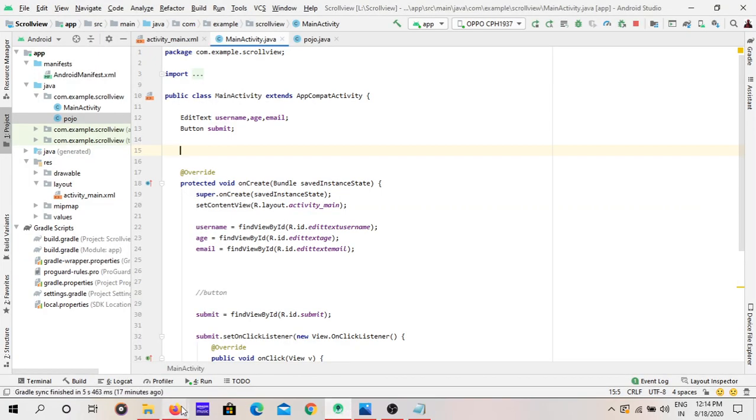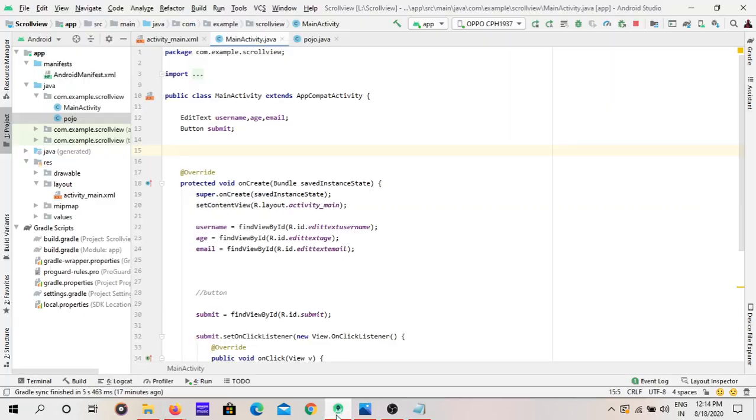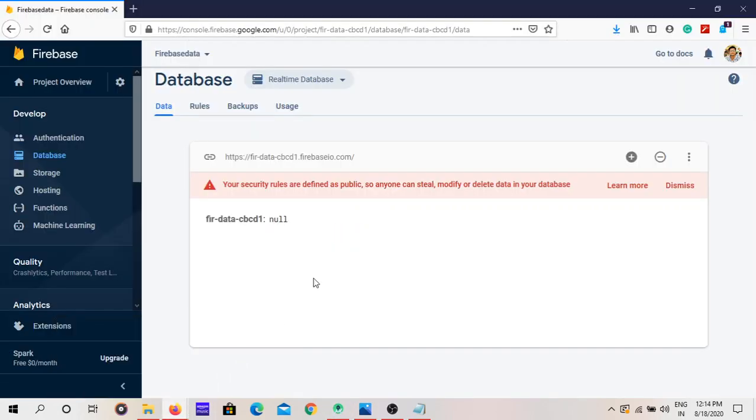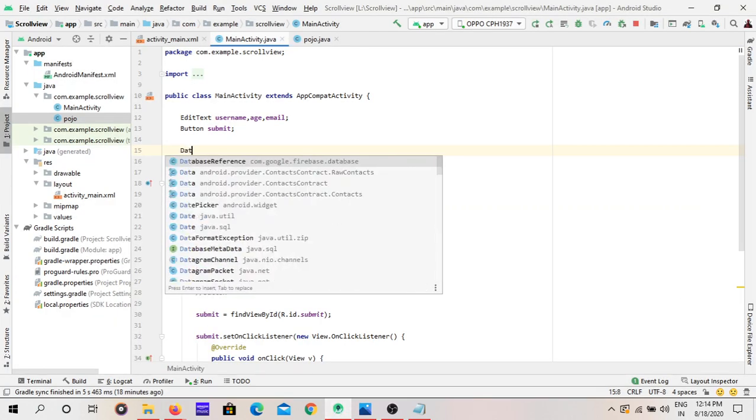In Java everything is a class, a method or an object. So for this database reference we have a class called DatabaseReference. See, this is the Firebase, and here it is giving the Firebase database.